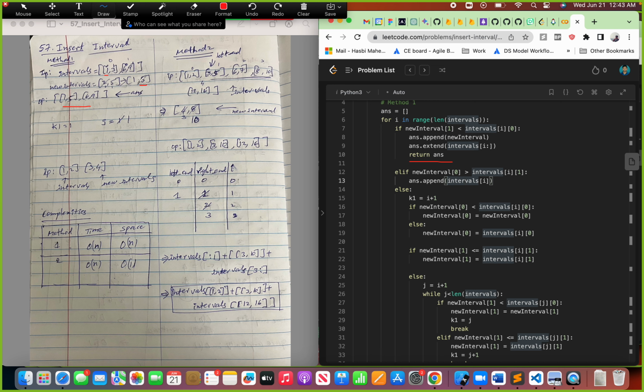If this is true, like 5 is less than some first value, then it would have gone in this if condition, and we would have appended the new interval to the answer, and then we would have appended the remaining list, and then we would have returned our answer. So in this case this is not true, so it will come to the else, and here